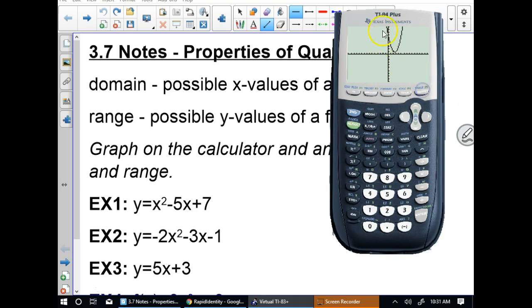Also, when you graph it, if your window is terribly different than this, if you hit zoom and number 6, it'll take you back to this window here. Actually, I think I had my own zoom square. Okay. Has everybody got a picture now? Alright,